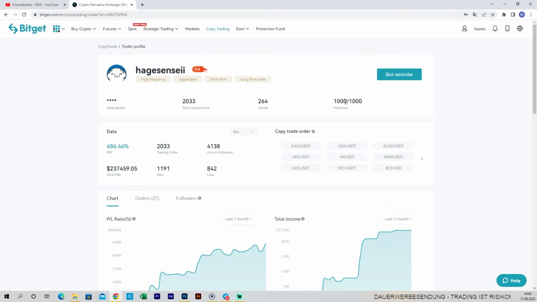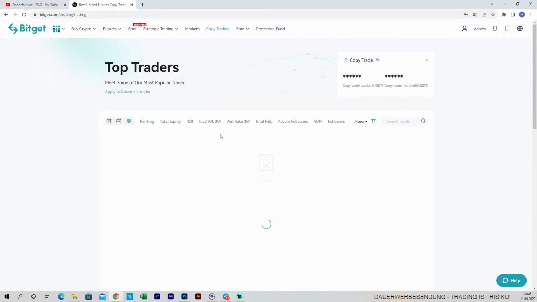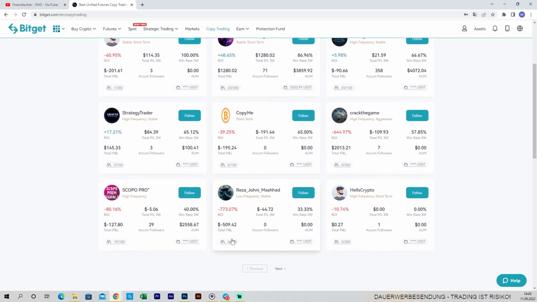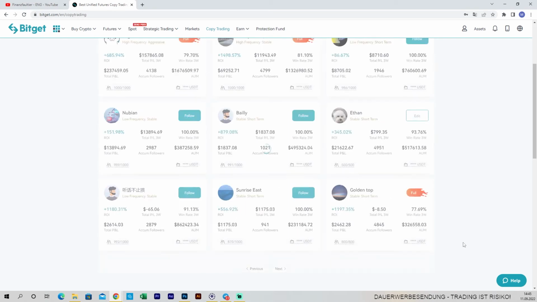So every time there is one follower less, so one doesn't follow him anymore, doesn't do copy trading or whatever, the site gives us a reminder that there is a spot open, and first come, first serve. So if we're first, we can follow him and copy trade him. If not, and we choose someone different, let's just choose someone who has an open following spot.